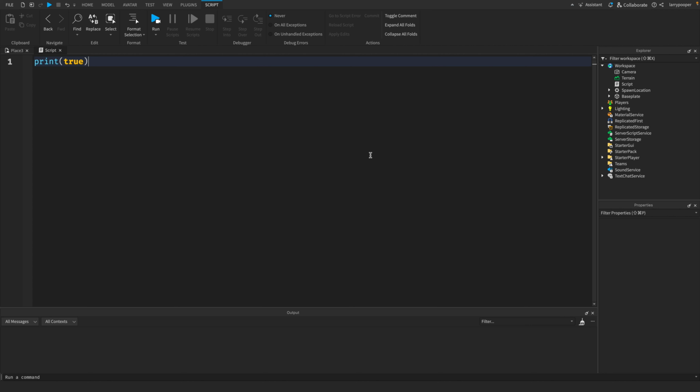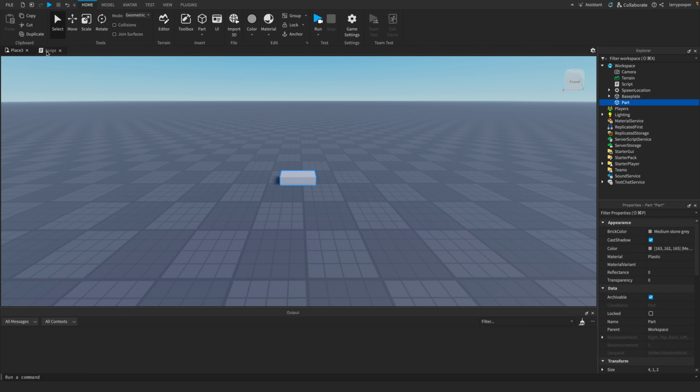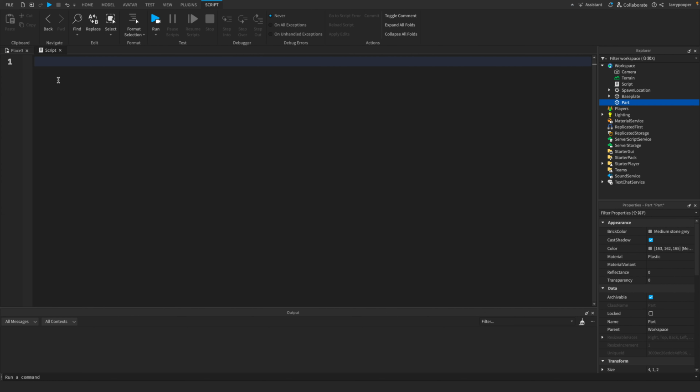Okay, so now we're going to go over accessing parts and editing those parts through code. So clear your script, go to your editor, and add a part. Now we have to define this part. Tell the script which part we want to talk about, which part we want to edit. We do this by typing in